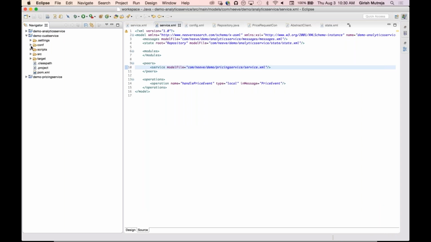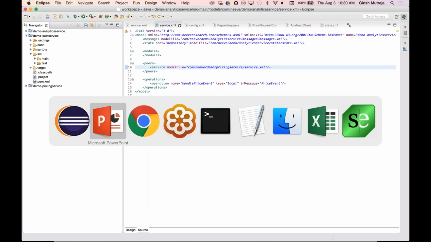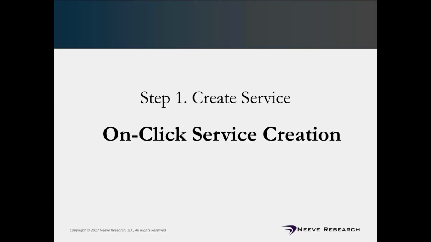So the customer service has been created, and this is effectively a service that is fully self-sufficient at this point in time. It gives you full CRUD operations on a customer object, a skeleton of which is created as part of the service creation. And it's ready to go. You can actually deploy this right now, and you can do CRUD operations on the service, which we will show you how to do in a minute. But let's go back to the slide. Sorry. So that is service creation.